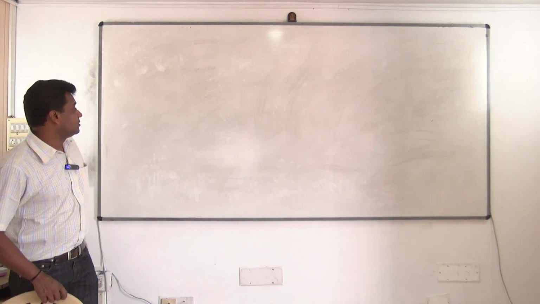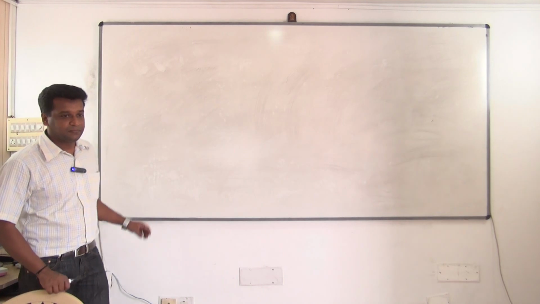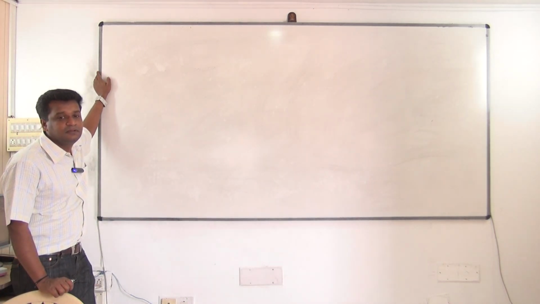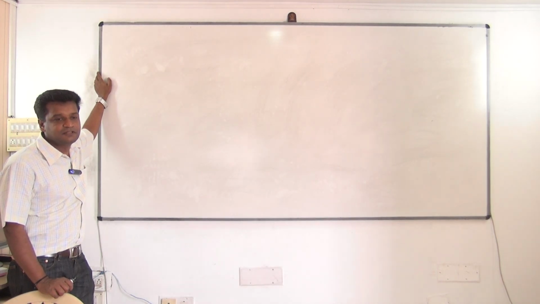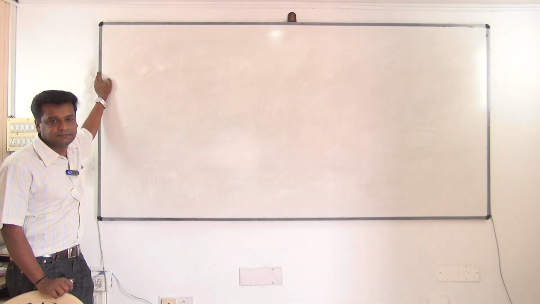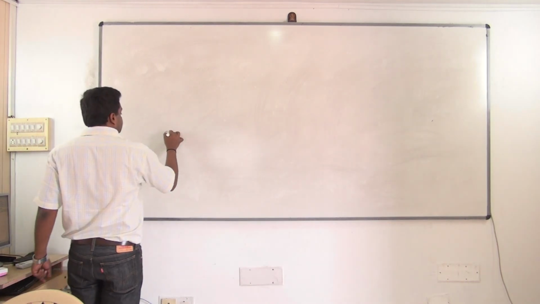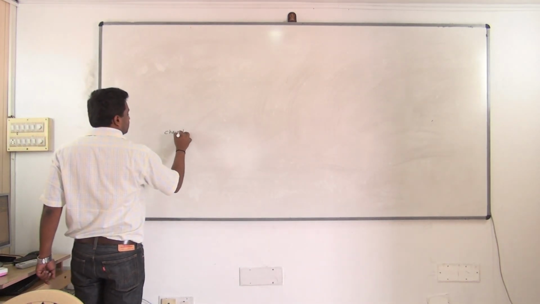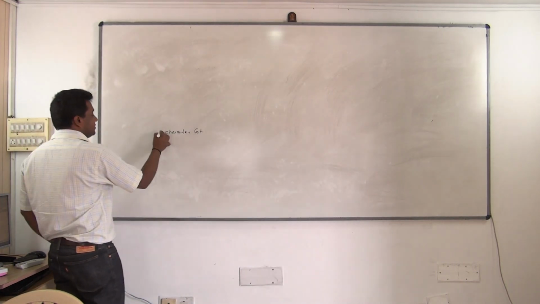So there are 8 things. There are many things you can just write down. First one you can write, character set. You put the heading as features of Java language. Features of Java language. First one, character set. Second one,